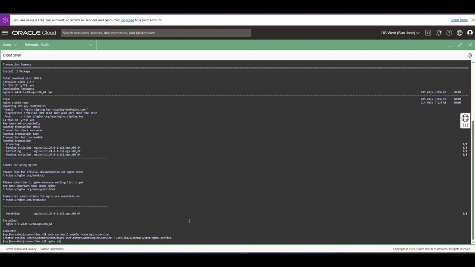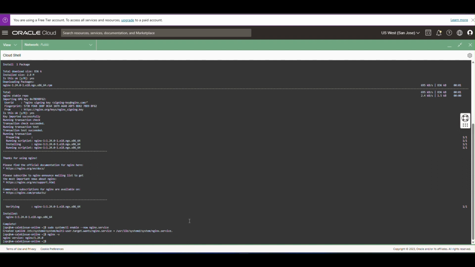And with Nginx version -v, we are making sure that Nginx was installed. Now, by means of the firewall cmd command, we are adding the rule for the HTTP request,